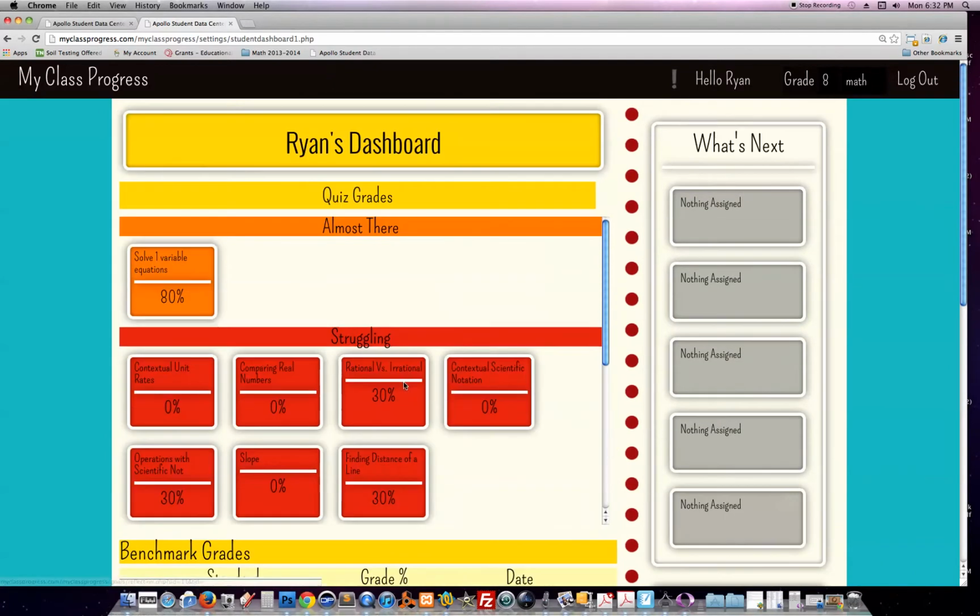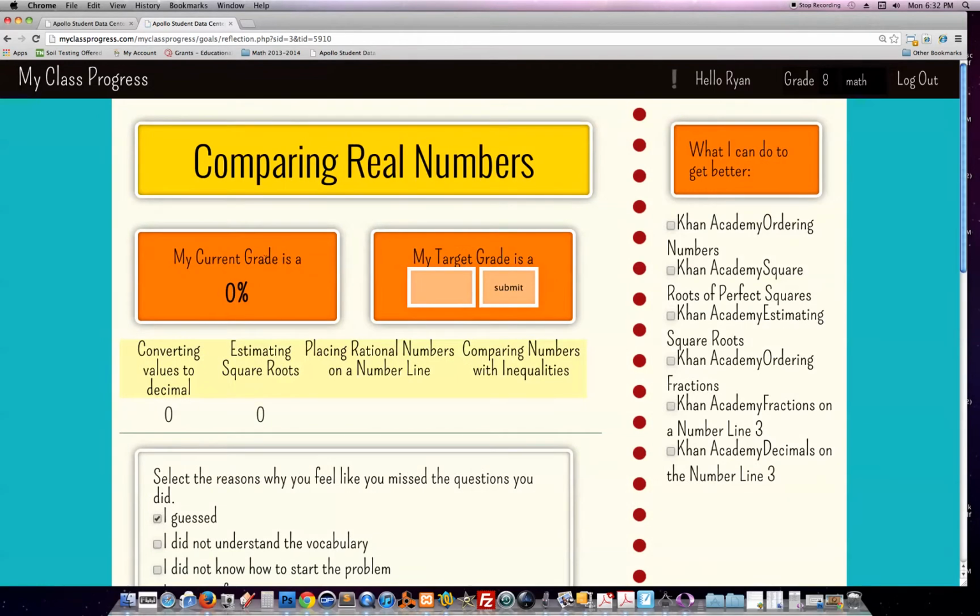taken yet. For any of these quizzes, the student can click that quiz, and not only is it going to give them their grade, but it's going to give them a breakdown of what were the kinds of questions that you missed. How did you do on estimating square roots? How did you do with placing numbers on a number line? How did you do with inequalities? This gives them a little bit more detailed view of what their strengths and weaknesses are and what they need